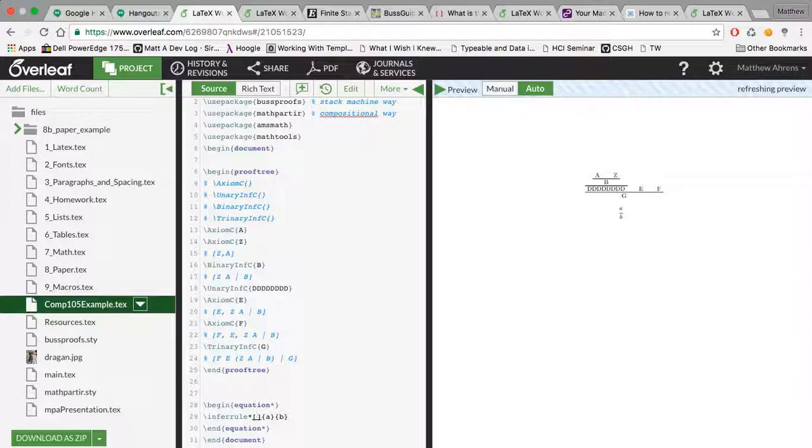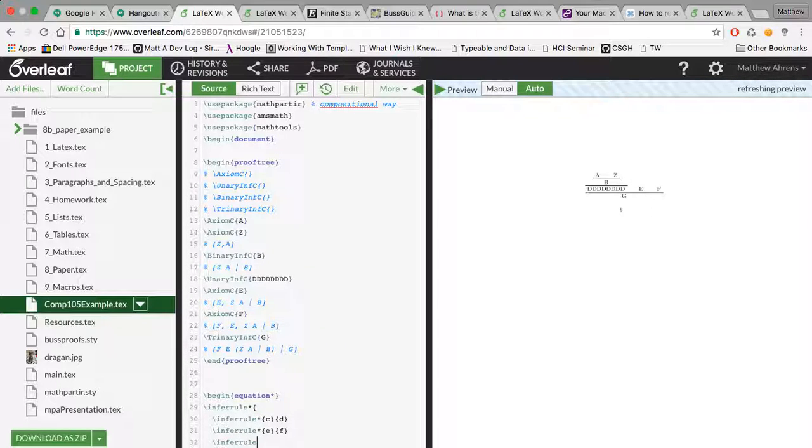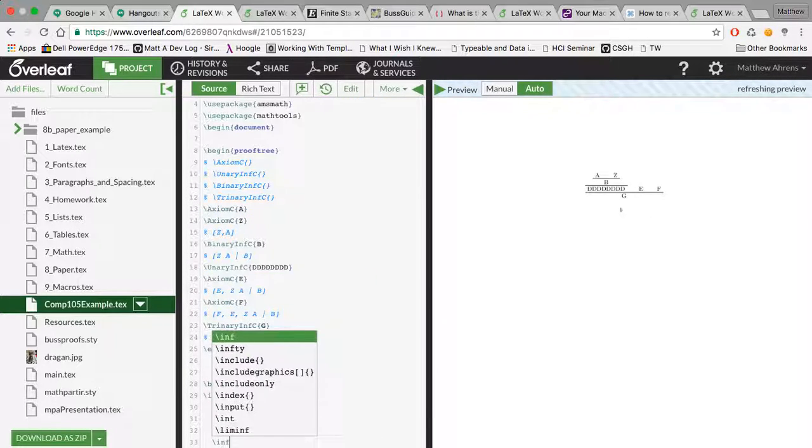If you would like to label this, you can add a label with either the left or right operative, equal sign, and then the label name. What if you want now to do 4 things above the line? Well, you can just put 4 things in here. I'm going to put a C over D with an infrarule star. I'm going to put an E over F with an infrarule star. I'm going to put a G over H with an infrarule star. And I'm going to put an I over J with an infrarule star